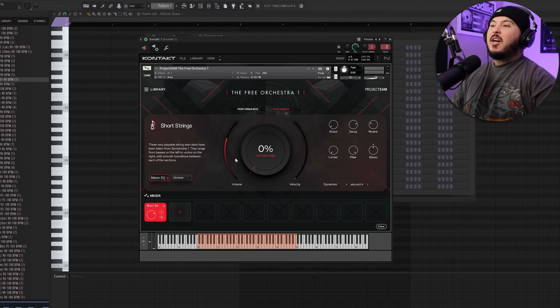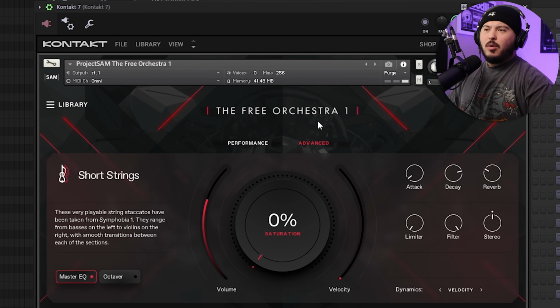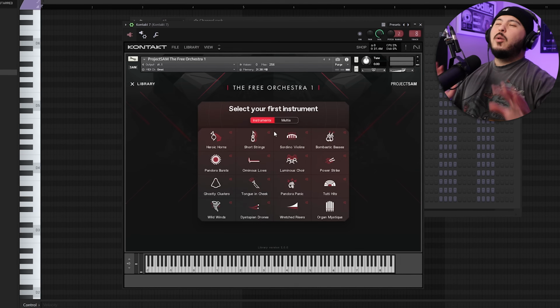And in his breakdown video, I saw that he had this VST that he was using, the Free Orchestra #1, and I was like, Free Orchestra, let me check that out real quick. And I checked it out. I'm like, yo, this is hard. Now here's the only issue with this VST. It's more for scoring. So if you're trying to do movie scores or TV, film, all that stuff, this is a dope option for you. But if you're trying to make beats